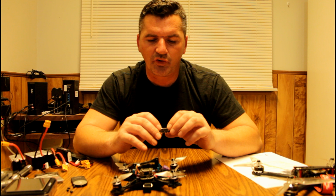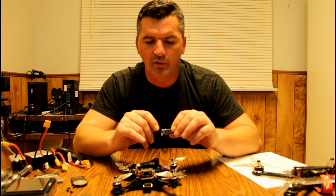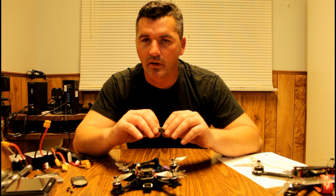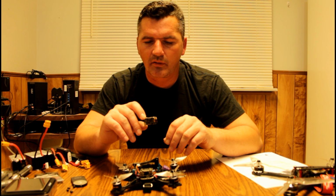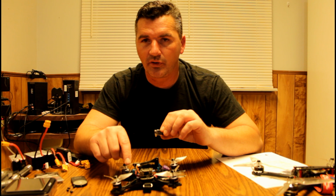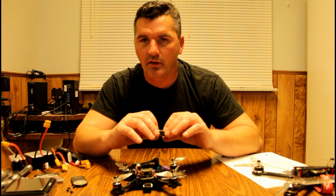So this Unify Pro, it's 7 volts all the way up to 26 volts input. You have your ground, your video, your audio, and 5 volts out. I was hoping to have 7 pins with the smart audio and the audio together, because I do record my audio. But I wasn't all that concerned if it didn't have it, because the Caddx Turtle V2 has a built-in mic. Come to find out, once I got this, it did not have the option to use audio and smart audio